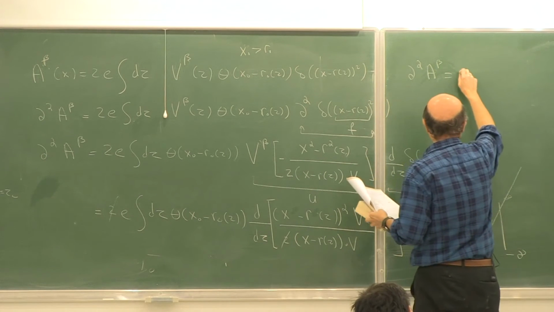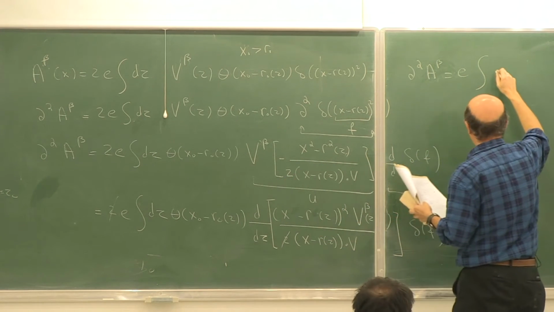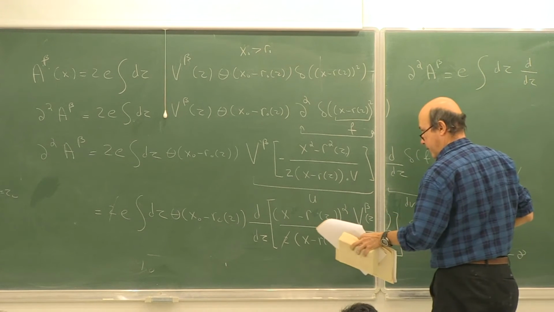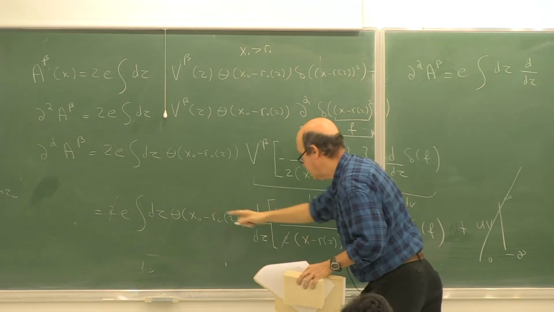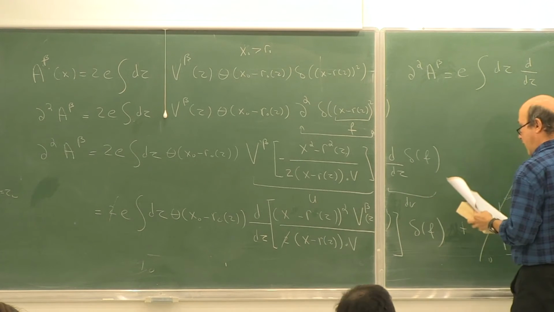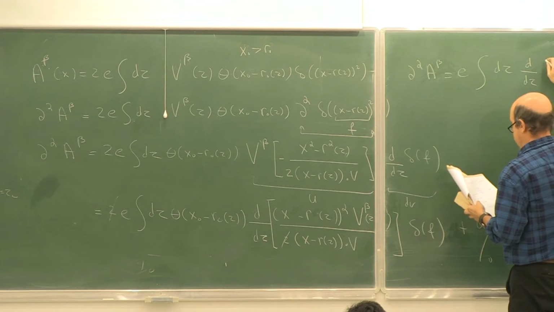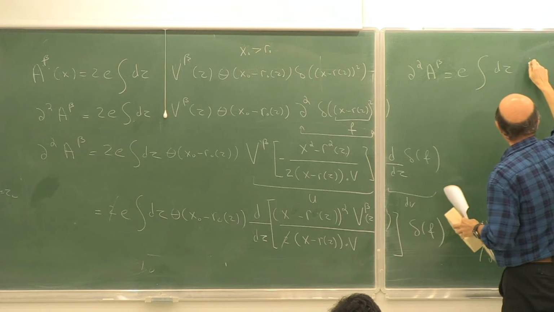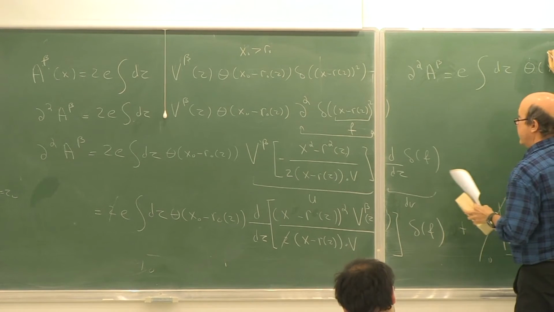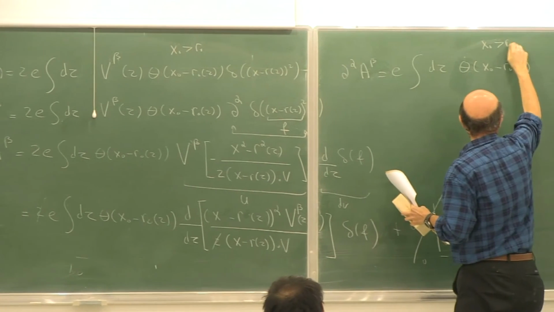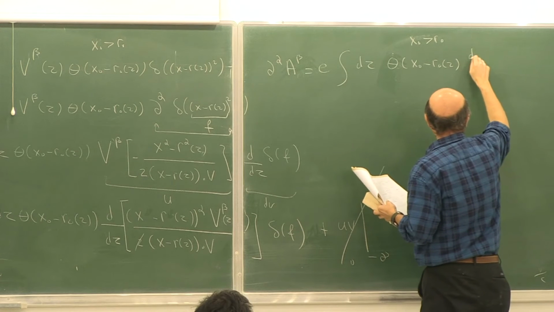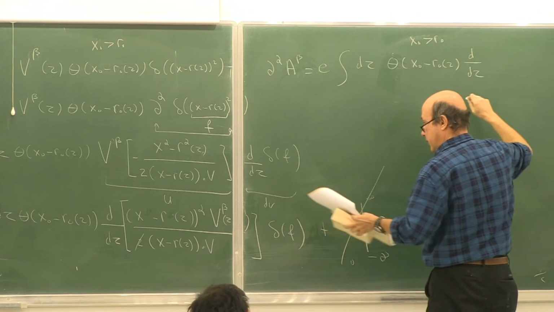So we have e ∫dτ d over dτ, or let me write first the theta function, θ(x0 − r0(τ)). Again, x0 is greater than r0. I am writing this all the time. The theta function is unity. d over dτ, and the rest is